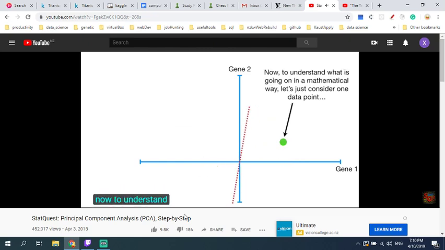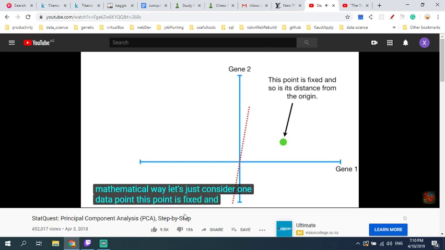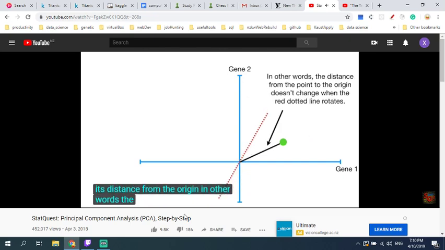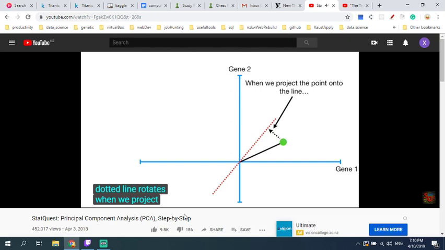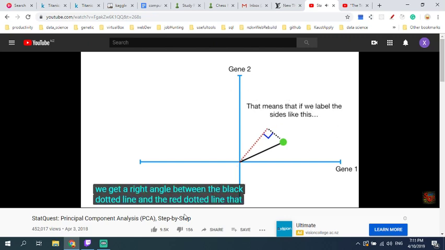Now, to understand what is going on in a mathematical way, let's just consider one data point. This point is fixed, and so is its distance from the origin. In other words, the distance from the point to the origin doesn't change when the red dotted line rotates. When we project the point onto the line, we get a right angle between the black dotted line and the red dotted line. That means that if we label the sides like this, A, B, and C,